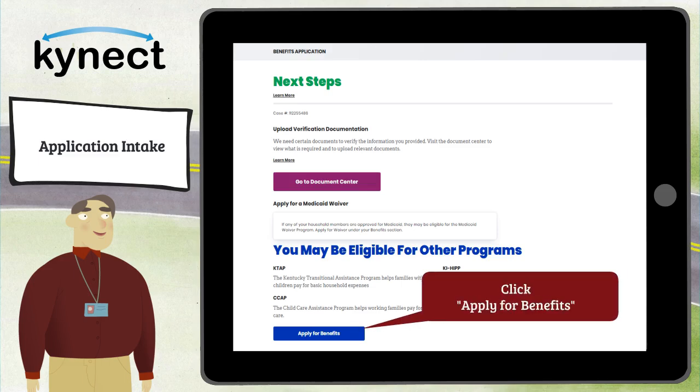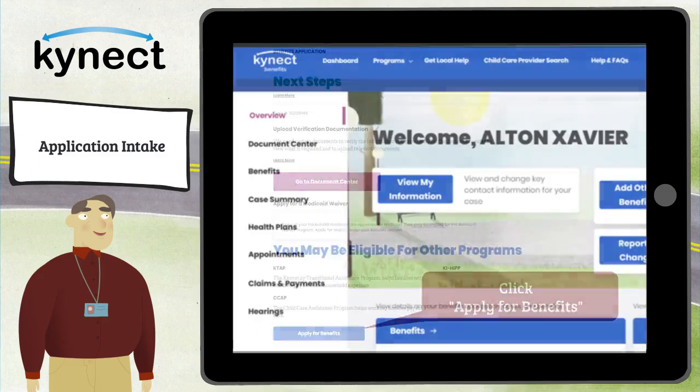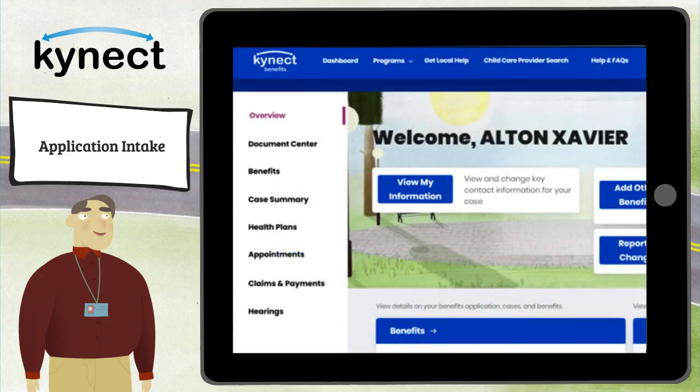To apply for other programs that you do not have or have not applied for in the application, click Apply for Benefits. Select the programs you want to apply for from the program selection screen and click Next to move through the application for those programs. Please note that residents may return back to their dashboard homepage where options and announcements are